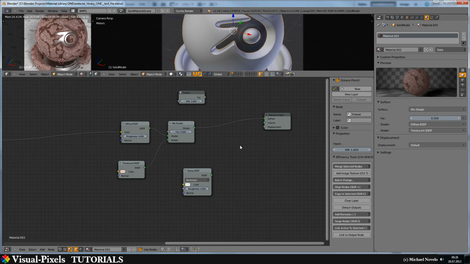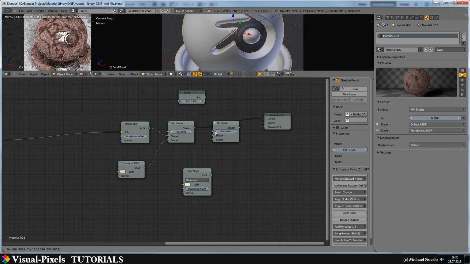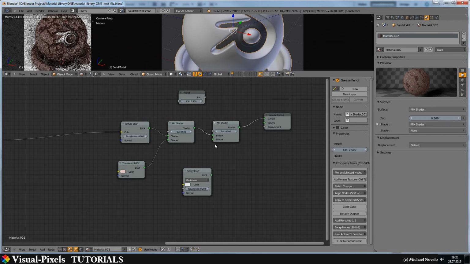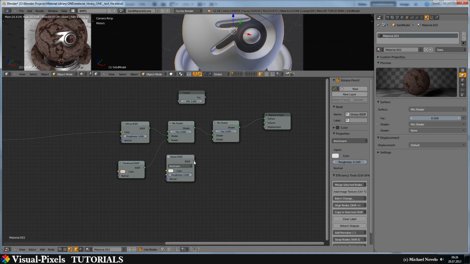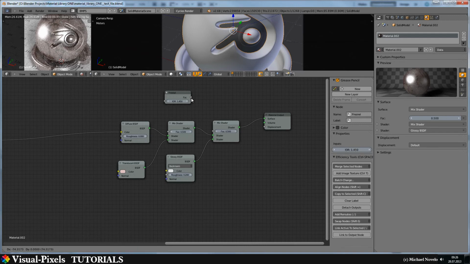And now we put these together with another mix shader. And let's put the glossy in there. Okay, I definitely have to upgrade my computer. Okay, now the glossy and the diffuse translucent material. And now let's just add the Fresnel to it. Just add it here. Okay. Nope. Like this. And the vector to the vector. So now we have